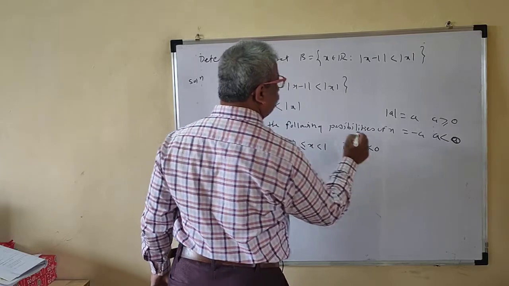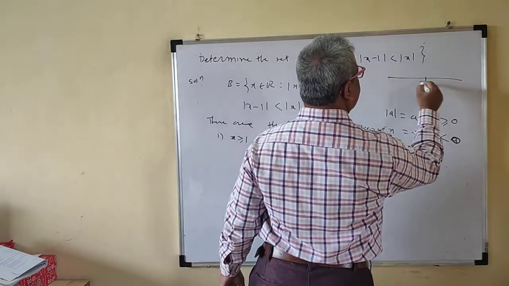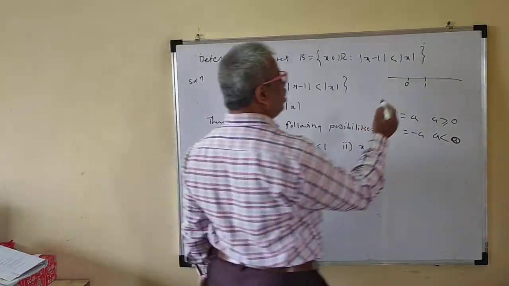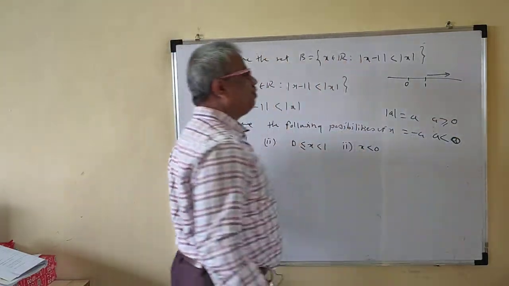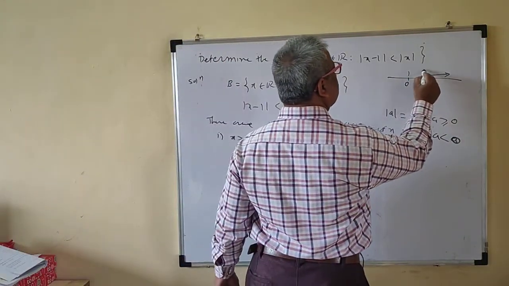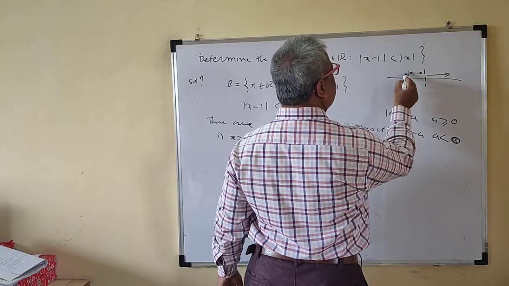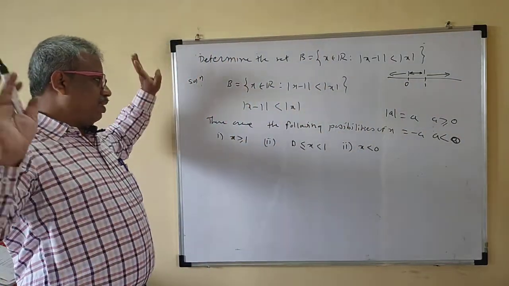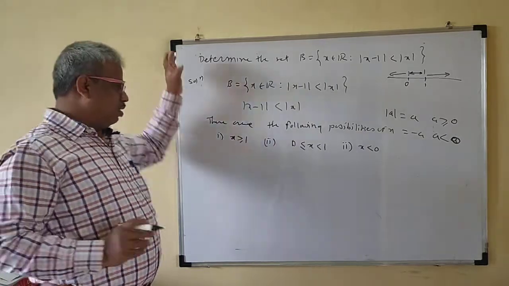X is less than 0. This is where 1 is here and 0 is here. So the condition is x is greater than 1, so the greater than or equal to 1 condition. X lies between these, this condition is here. We have taken this condition also, because x is a real number. Everywhere your x is there, so we have taken these cases now.